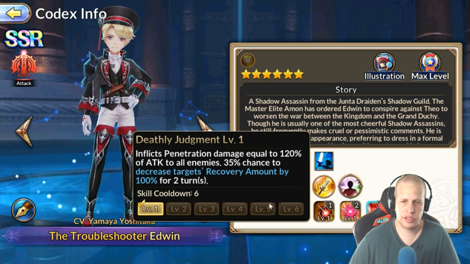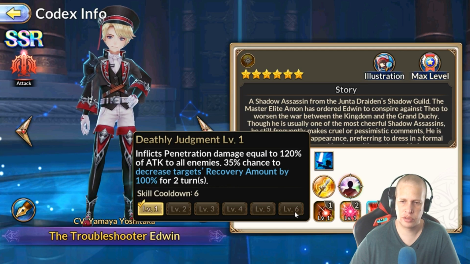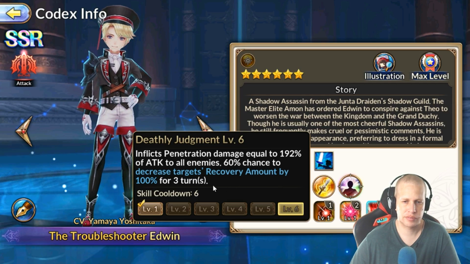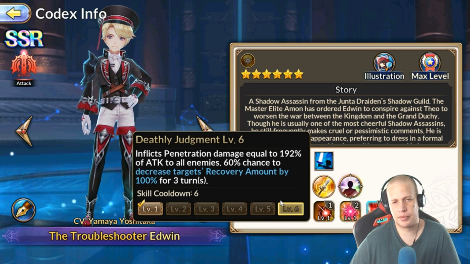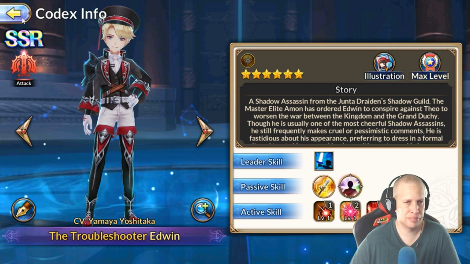On his 3, penetration damage ult attacks all enemies, 35% chance to decrease recovery amount by 100% for 2 turns. And when you're skilled up all the way, it's 100% recovery by 3 turns, and hits for 192. Or excuse me, 60% chance, rather. So this guy's actually kind of a sleeper in the meta right now. I will explain more on that in my later video on Guild Battle, but this guy's actually pretty...